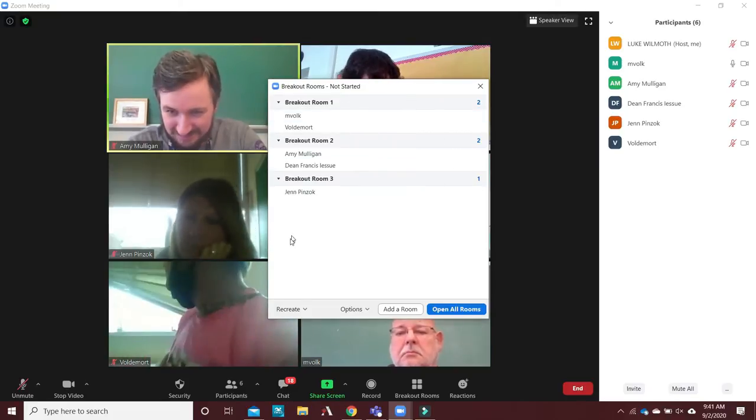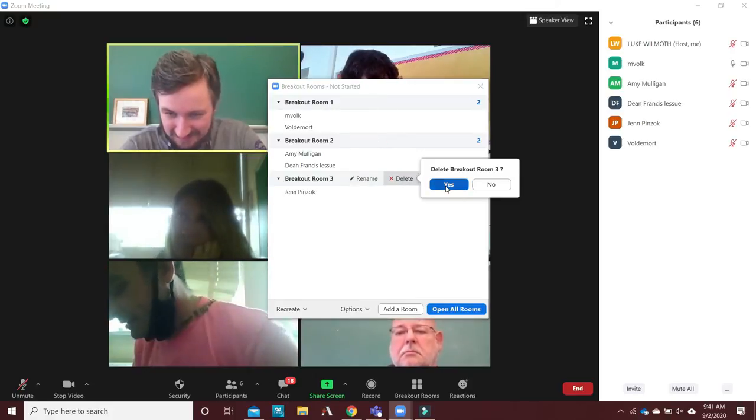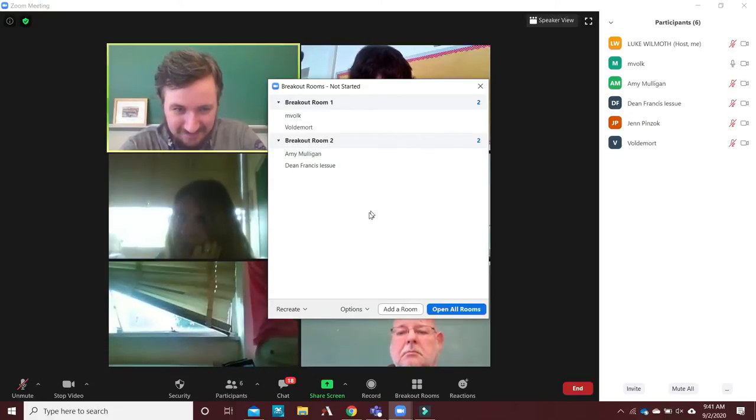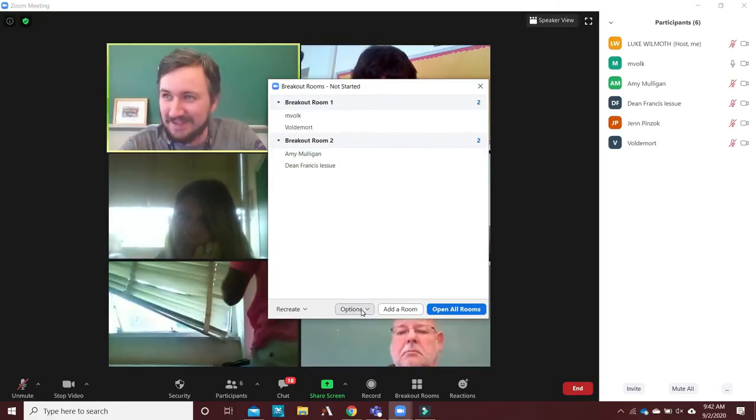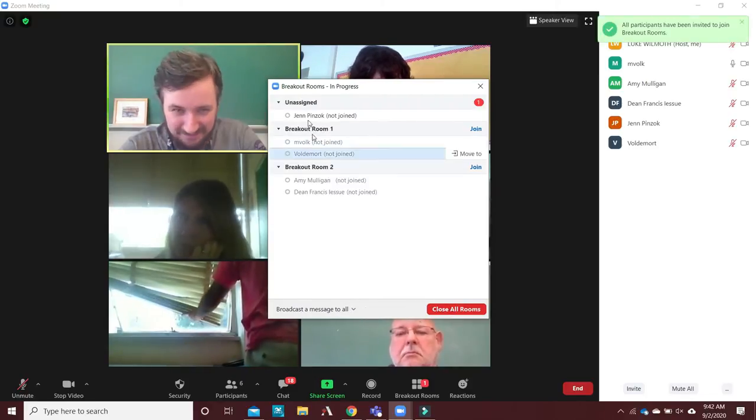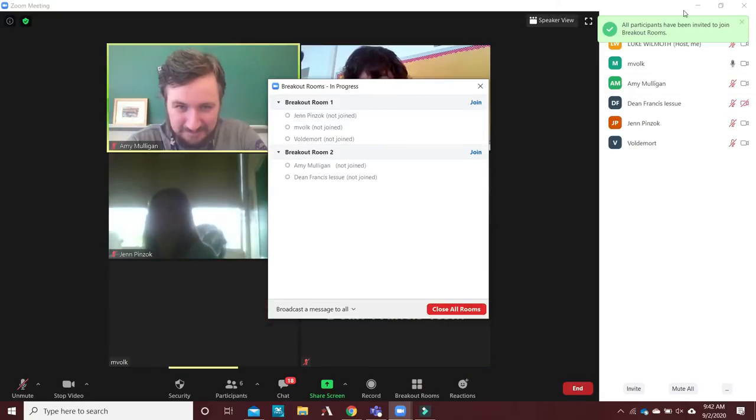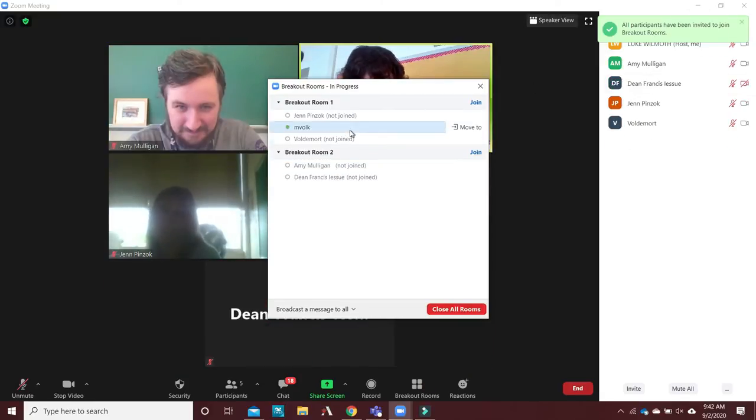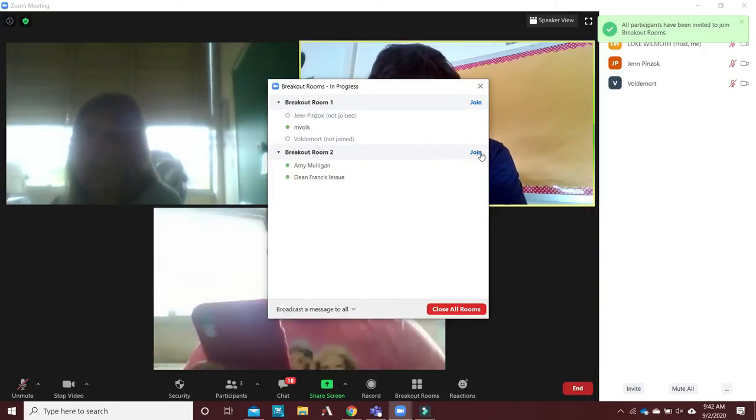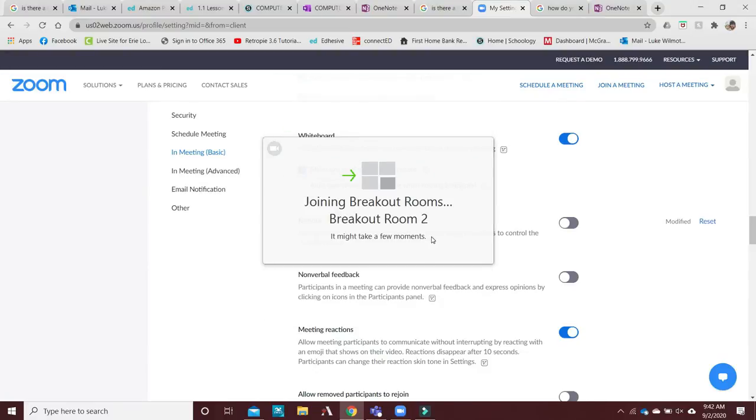You can also have it assign rooms for you. Oh, and I accidentally deleted Jen by doing that. But when I click this, open all rooms, let's assign Jen to breakout room 1. They have a notification saying that they're joining their breakout rooms, and I can click join this room or join this room. So if I want to see how breakout room 2 is doing,